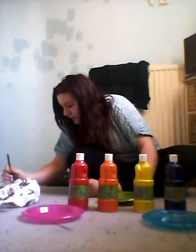So what I'm going to do, I'm just going to test it. See if it's okay. So I'm just going to get a bit on the end of my paintbrush. Literally. Maybe a little bit lighter. Looks a bit pooish at the moment. Literally a tiny bit of yellow. Pen, wipe it,